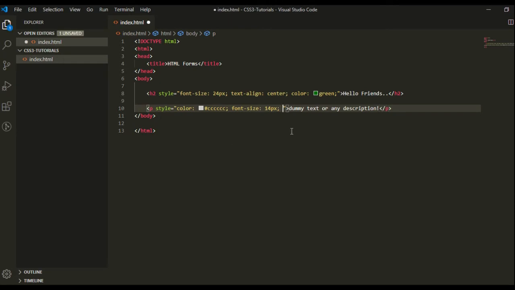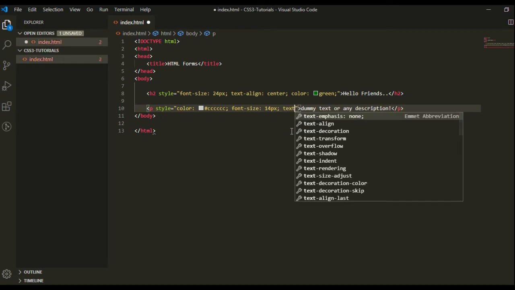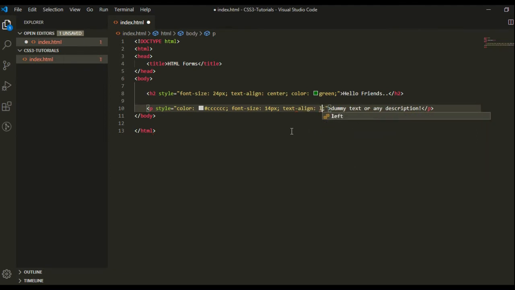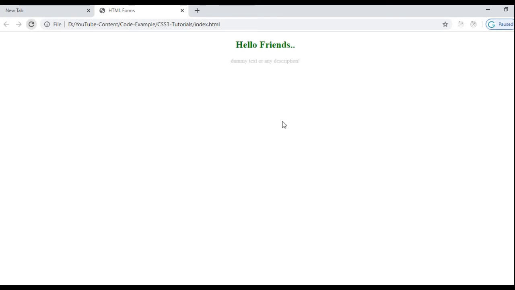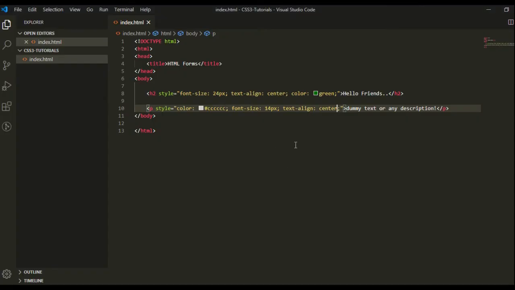You can also give the text align to this. So this text is also in the center. This is the way we can apply inline CSS on the HTML elements directly.